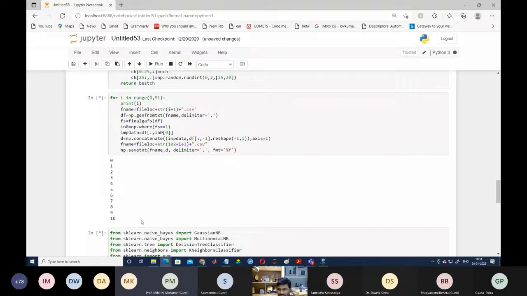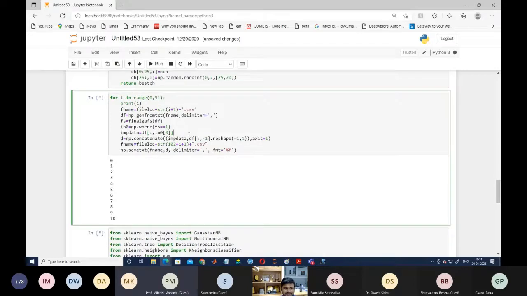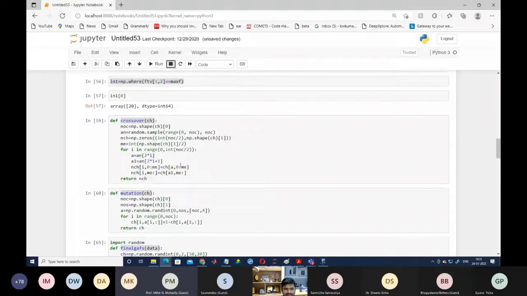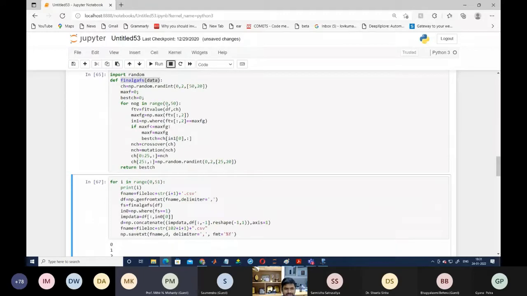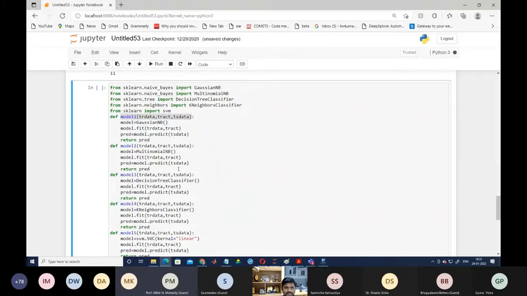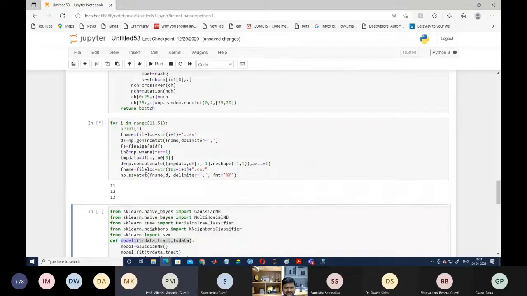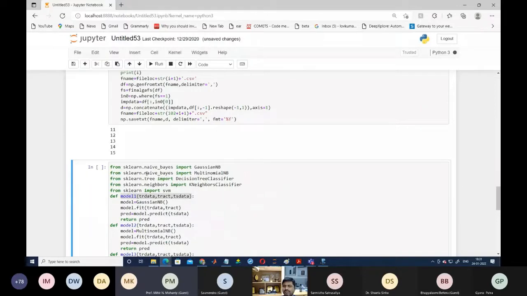So now you can see it is already completed up to 10. So we are going to reduce the number of features so that it will become a little bit faster. It is already working for 10, so we are going to stop it because it is taking time. Now here we have to reduce the number of features where we have written the final GA. Instead of going to 10, we are going for only 10 different generations, and we are going for the 11 to 51. So now you can see it will become a little bit faster. But if you go for more generations, we will find a better solution.